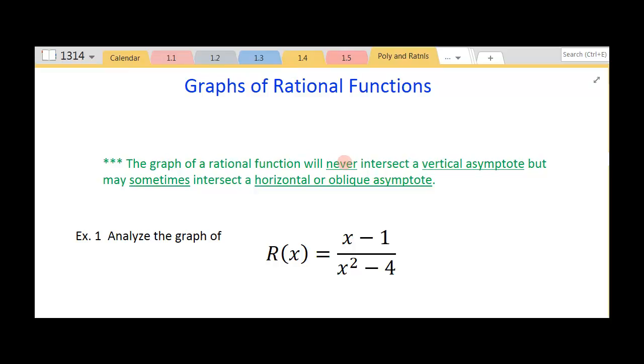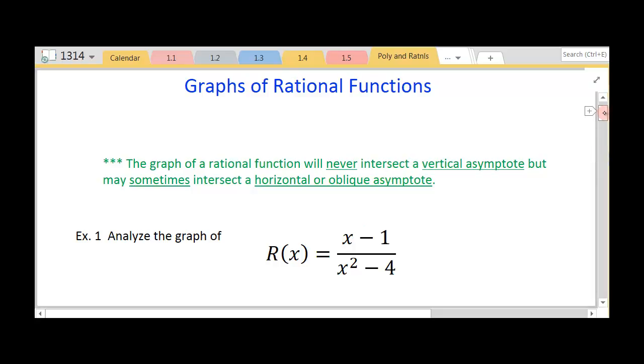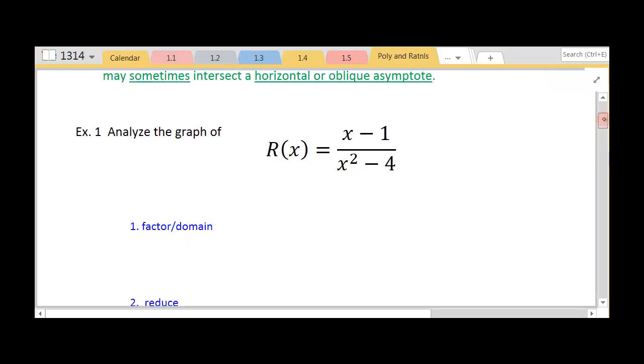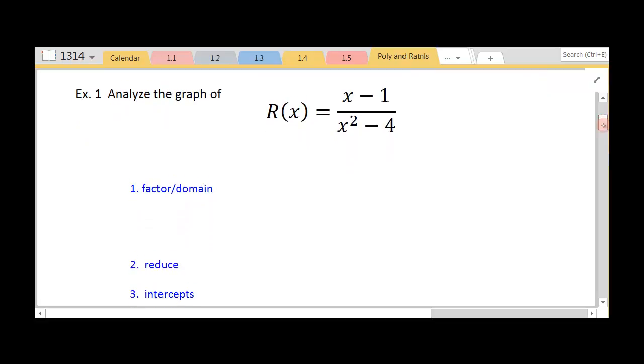the graph of this rational function will never intersect a vertical asymptote, but it could actually intersect horizontal or oblique asymptotes. So keep that in mind as you graph these both by hand and on your graphing calculator. So let's jump into the very first example, and we're going to walk through a series of steps that I have laid out for you and see if we can graph this